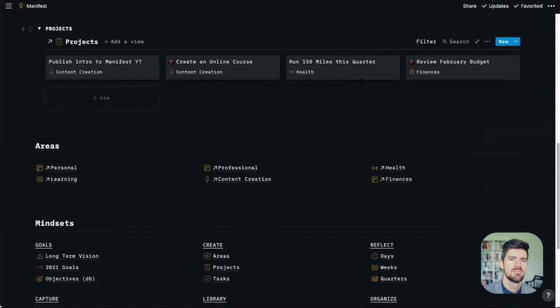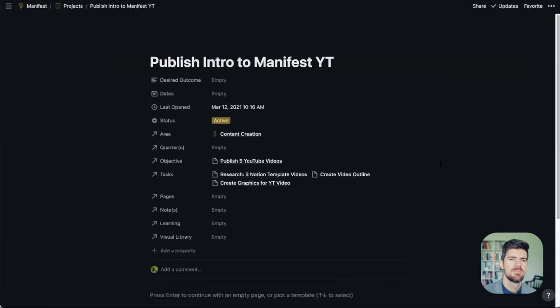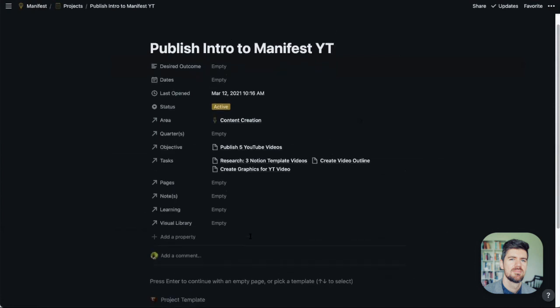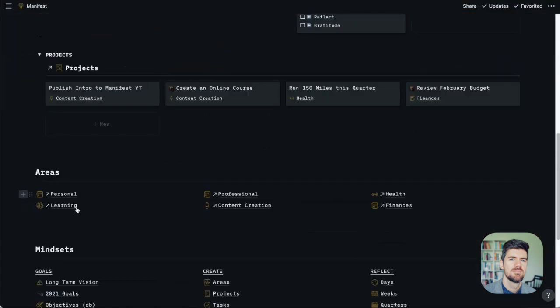So if we were to go into this first project, just publish the intro YouTube video, what we'll see is a few things. One, it's part of this content creation area. So if we go back, again, we started with these 6 key areas, but if you have projects or hobbies that you value, that you are constantly working in, those would definitely be added to areas.